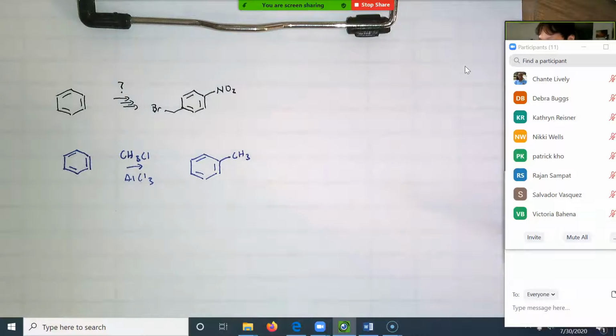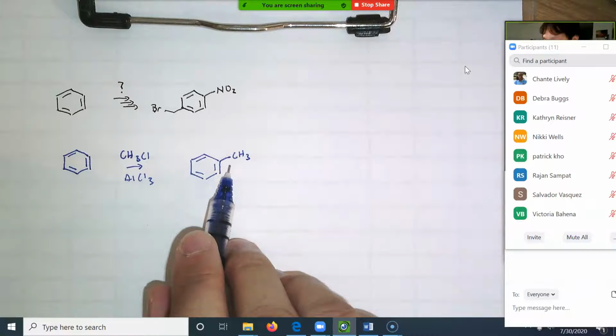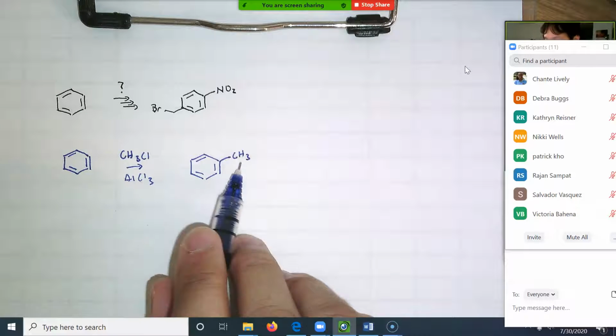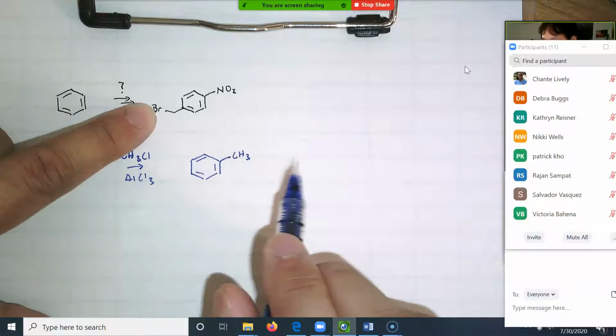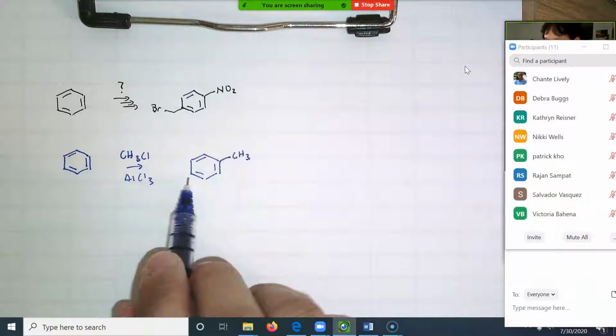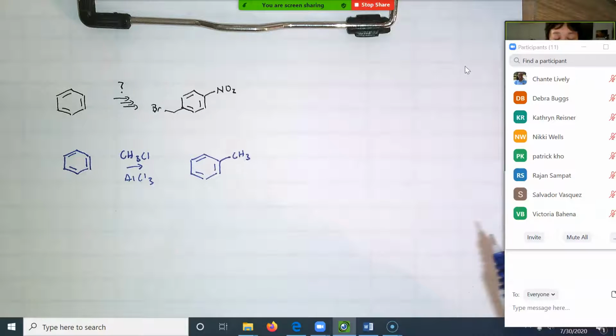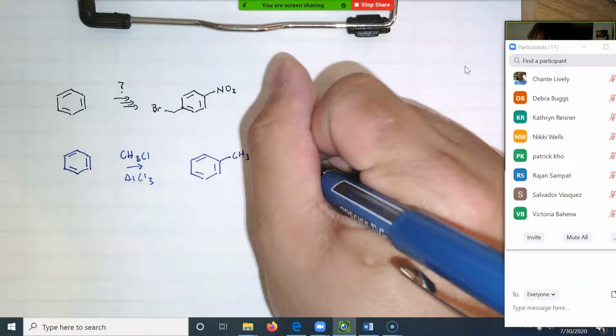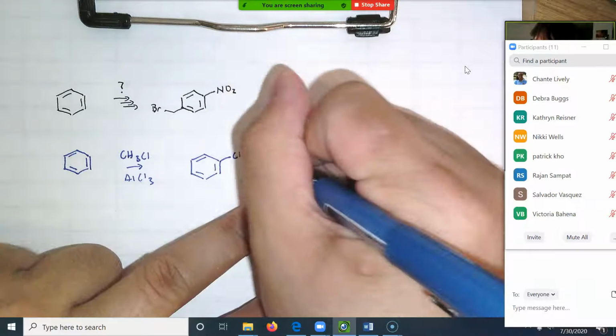Oh, now I see. It doesn't matter if I do the nitration next because this is ortho-para directed. Even if I put the bromine on there, it's still an alkyl group and I'll still be a good group, and the nitro group will go ortho-para as well. So it really doesn't matter. Let me do the nitration next. So this is HNO3,